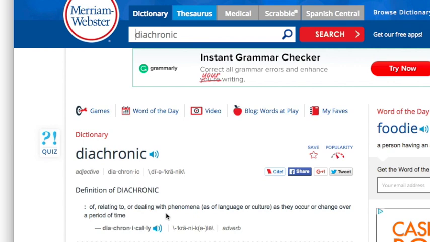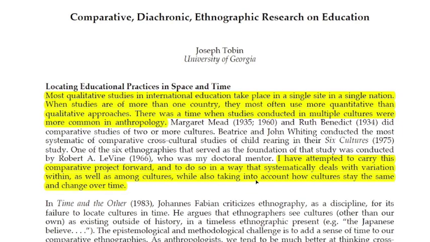So what diachronic really focuses on, and what Tobin has written this entire paper making the case for, is that in quite a bit of comparative ed research, which again, with an ethnographic methodology, focuses on culture, what tends to get lost is historical context from a cultural perspective, because whatever you are focusing on